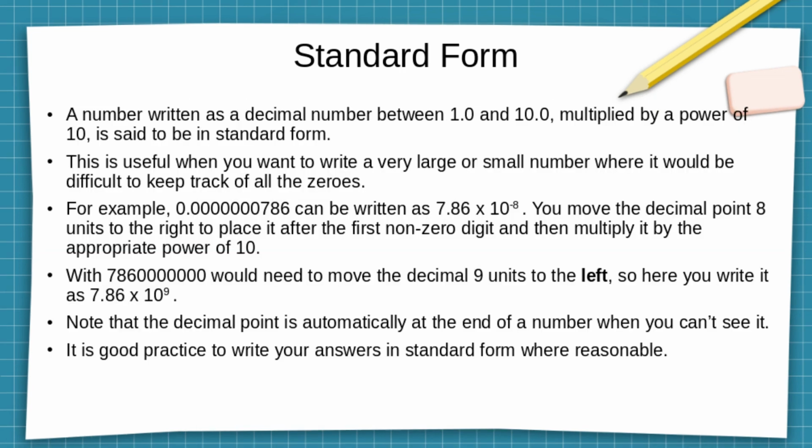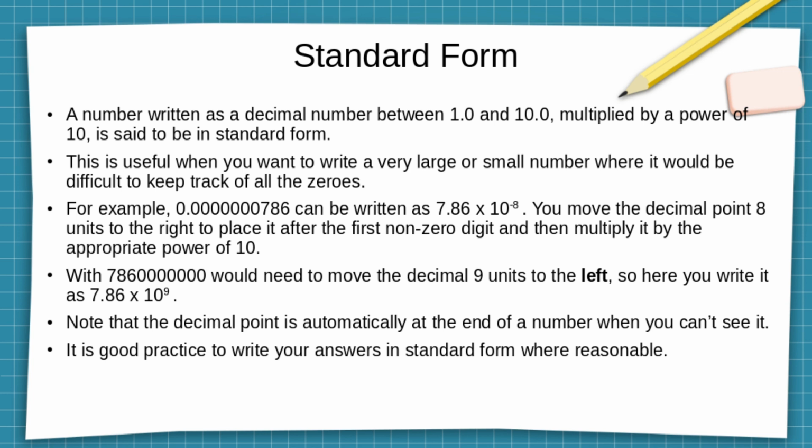What if you had a number that is too large or too small to be written on a paper, or it has so many zeros that it's very difficult to keep track of them? For example, the distance between the earth and the sun in meters, or the size of an atom in meters. This will be very difficult, and what we have to fix this is this system called standard form. What we do here is that we would move the decimal point to right after the first non-zero digit. Okay, so it would end up looking like a number between 1.0 and 10.0, and then because you've moved the decimal point, you would multiply the answer by a certain power of 10